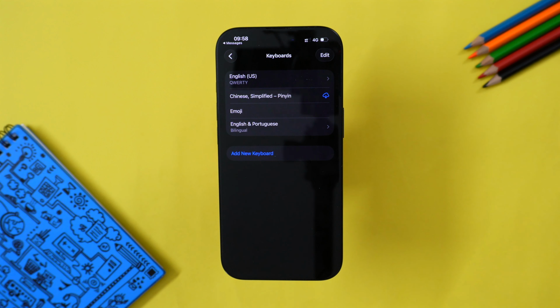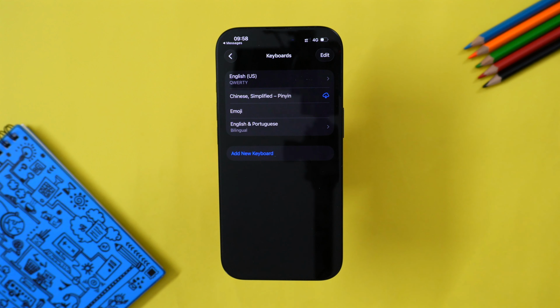Now, we've just installed it. If I open up messages in here, and then press and hold this, I can select Arabic, and now I do have a custom keyboard with a custom language. So it's a matter of changing the language and the keyboard as well, because these are two different settings on your iPhone. This is how you can change your language as well as your keyboard language, so you can text in your preferred language to people and interact